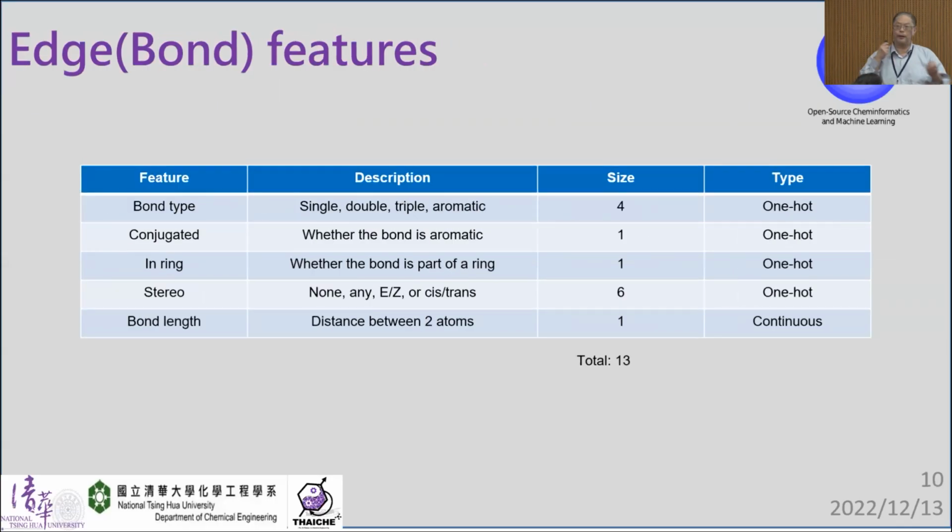And between the vertices are the edges, which are actually the bonds between the atoms, and we can also create a set of features for the edges. So the vertices and the edges form a matrix, and each of the matrix entries will contain a set of features that supposedly will describe the molecule completely.